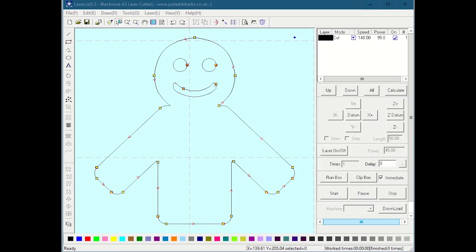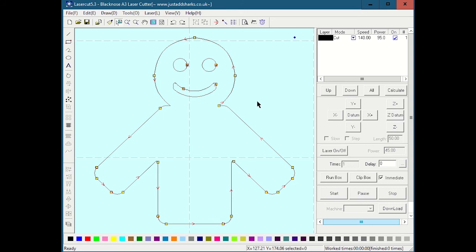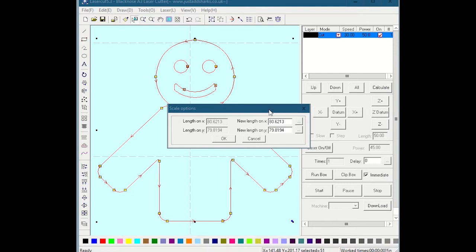So let's see what it actually pulled in as. I can do that by selecting this whole thing here, or I can press Control A to select everything. This icon over here on the left side is the size tool. I can also get that by hitting Control G. When I have the entire thing selected and hit the size tool, it tells me what it thinks its size is, and as you can see, it thinks it's 80 by 79,